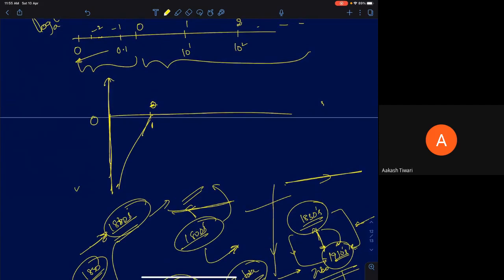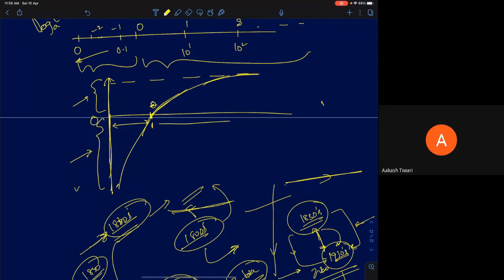And from 1 to infinity, of course, it's going to go to infinity as well, but its progression will be much smaller. So from 0 to 1, it has expanded this region, and from 1 to infinity, it has compressed this region in such a way that these two will be equally spaced. It has expanded 0 to 1 and compressed 1 to infinity so that after you apply the logarithmic function, they both look the same. So that's what logarithmic functions do.